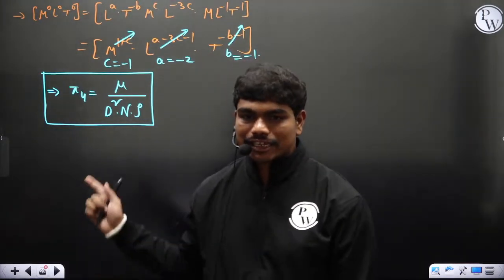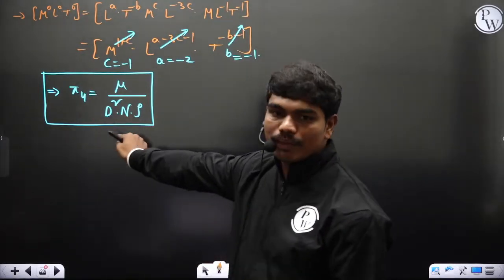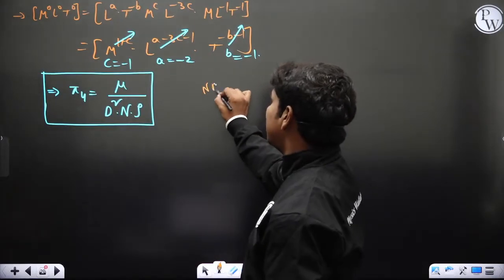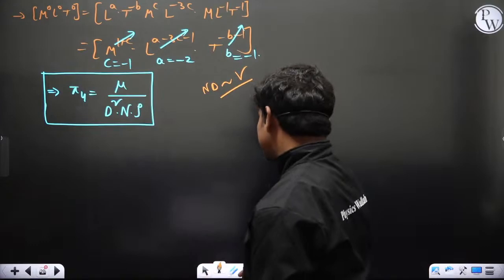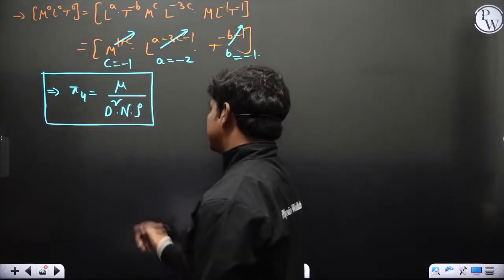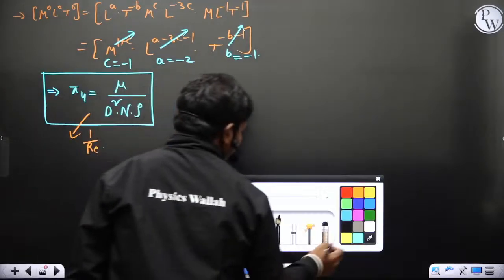Yes, exactly. This is nothing but 1 by Reynolds number, okay. Because out of this product, if you multiply n with d, this nd has the dimensions of velocity. So this is like rho V D by mu, with mu on the bottom, okay. So this is nothing but your Reynolds number. One of the dimensionless numbers is actually your Reynolds number. Fine. The last thing let us do,